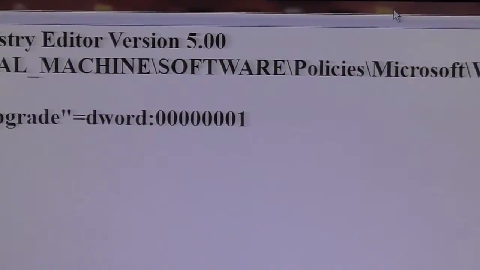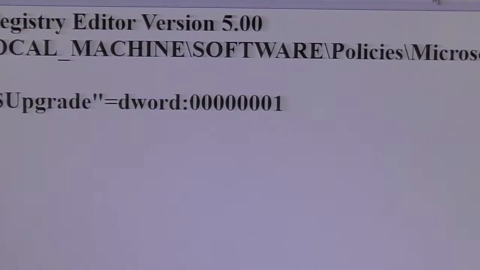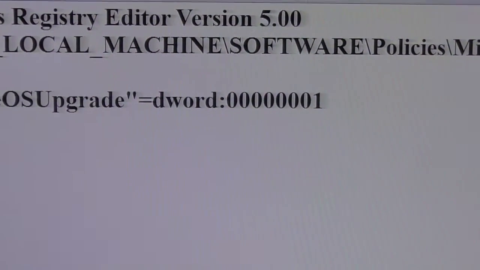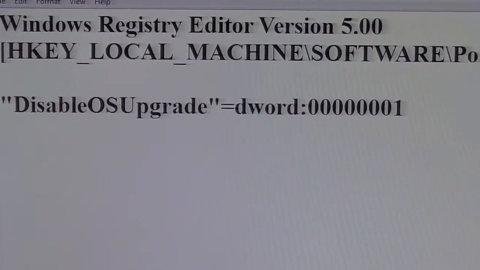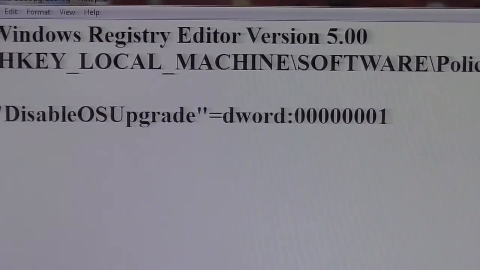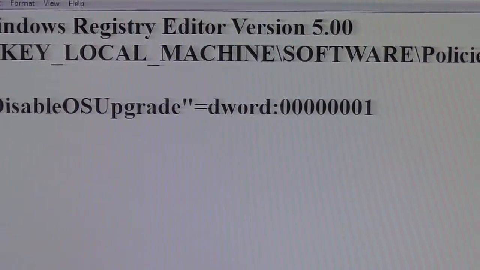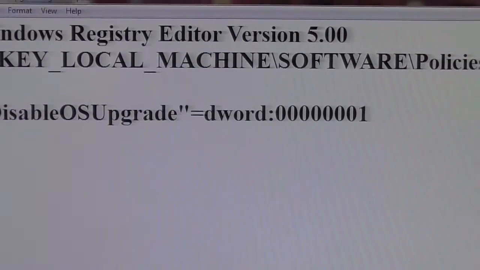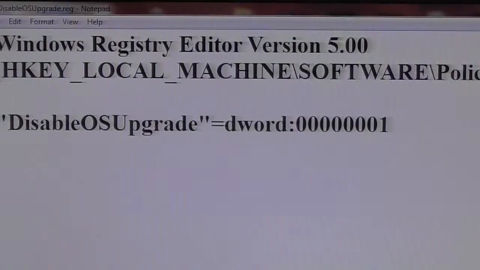Go down to your next line. Leave a space if you want to. You don't need to, but do it anyway, just because you can. And your last line is going to be DisableOSUpgrade, capital OS. Don't do zero, do O. Put it in quotes, "DisableOSUpgrade", quotes,